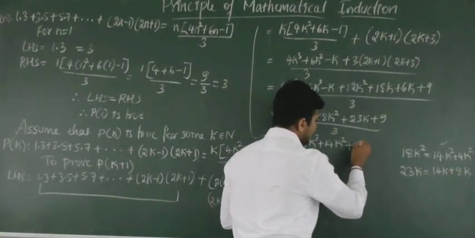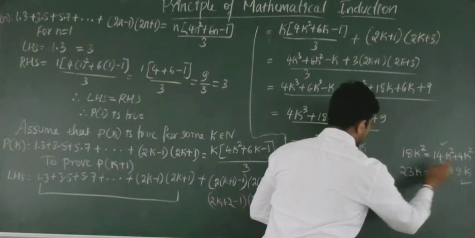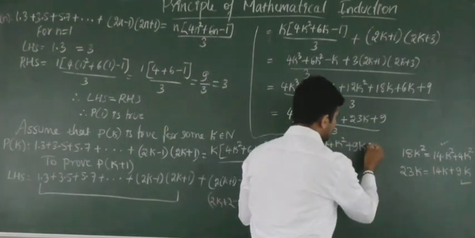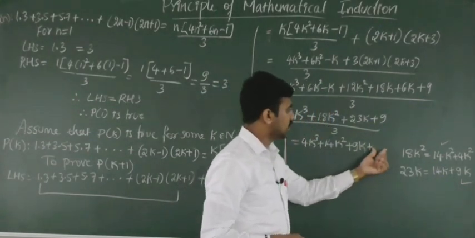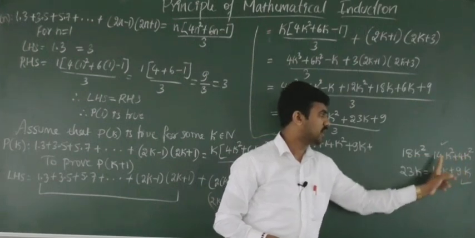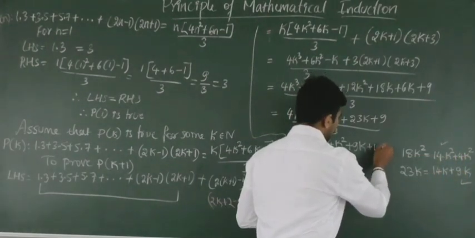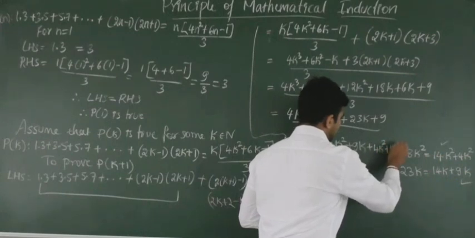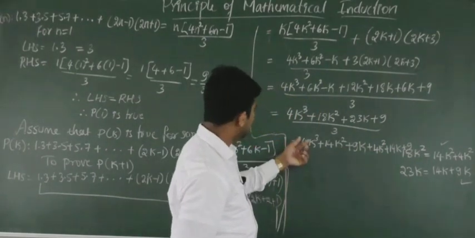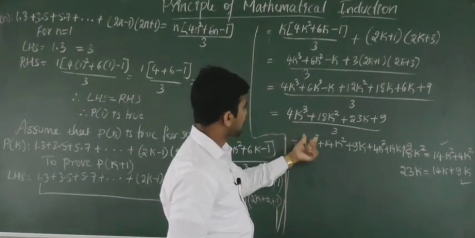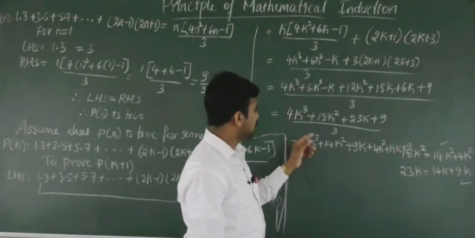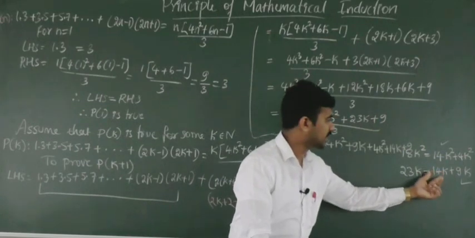So these both I have written. Okay, so 3 terms are over, and then plus 9 as it is we have at the beginning. Before that I'll write here the remaining term 4k square, 4k square and 14k plus 9. Again observe here 4k cube as it is, you have 18k square, I split it as 14k square plus 4k square. Similarly 23k I split it as 14k plus 9k.